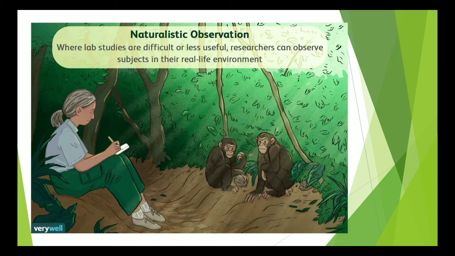It is not just related to animals, it can also be with humans. For example, if I want to study a child who is not doing so well in class, I will just go into the classroom, sit over there, and observe the child, what he is doing in the class, whether he is fighting with friends or not paying attention, and what are the reasons. The person is observing from a far distance, so that is known as naturalistic observation.